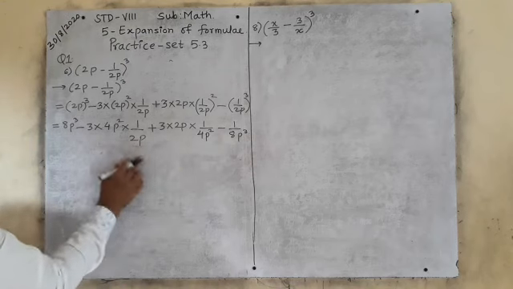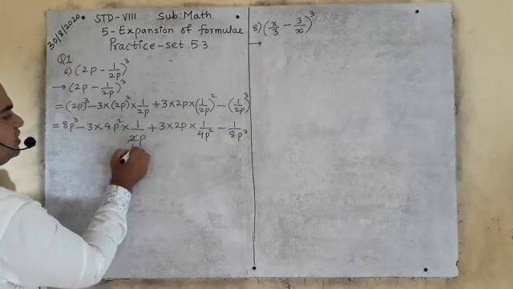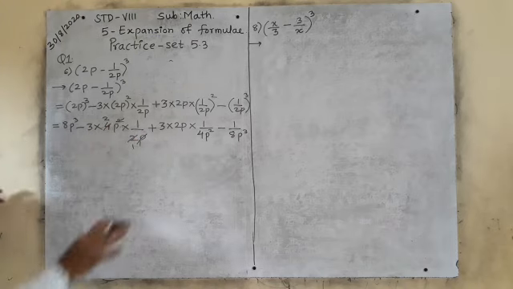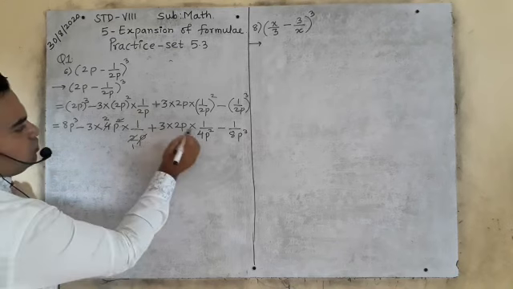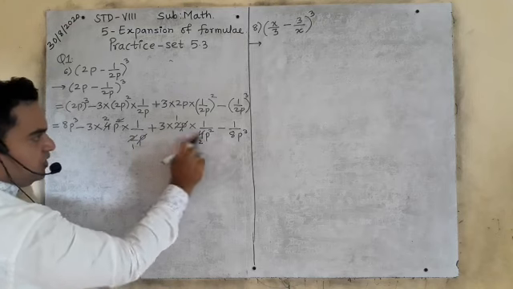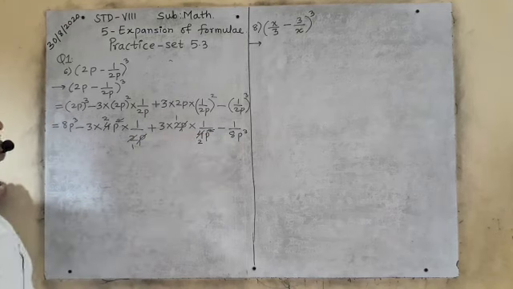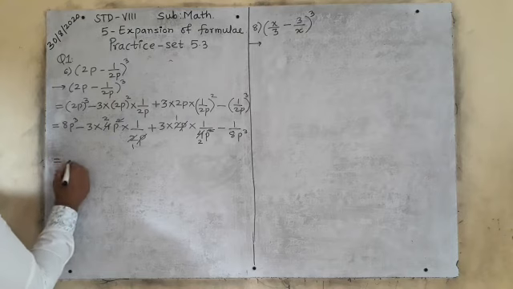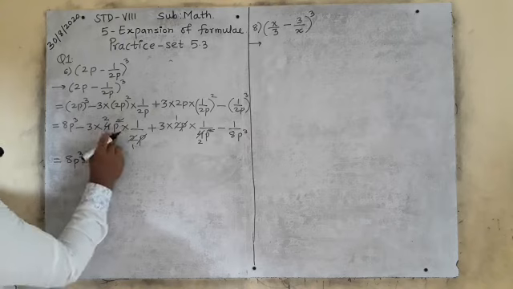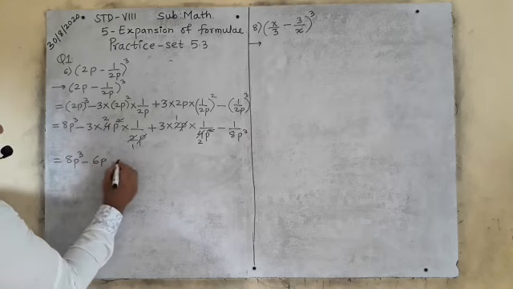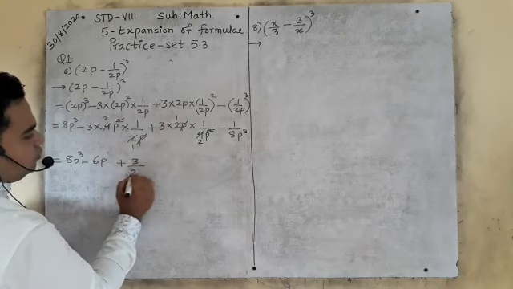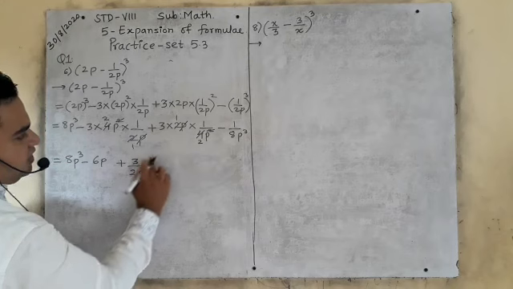Okay, now here you will divide. See, 2 ones are 2, 2 twos are 4. Here 2p are there, so 1p will get cancelled. Okay, now here also 2 ones are 2, 2 twos are 4, so this p, here is 1p, here 2p, so 1p will cancel. Is it clear? Like this you will solve. So this will be 8p cube minus 3 twos are 6 and this p, 6p plus 3 ones are 3 upon 2p.